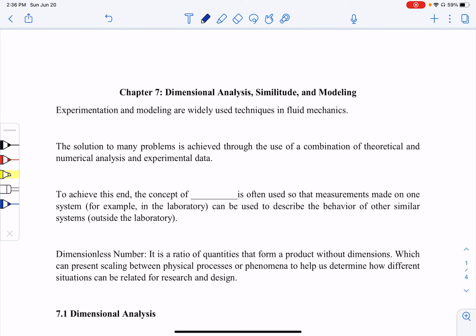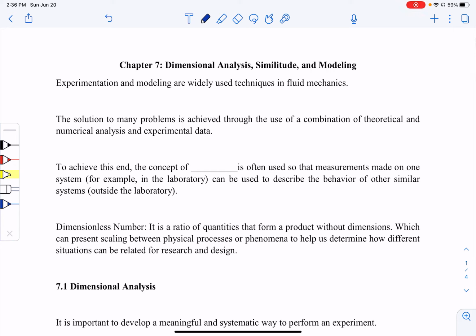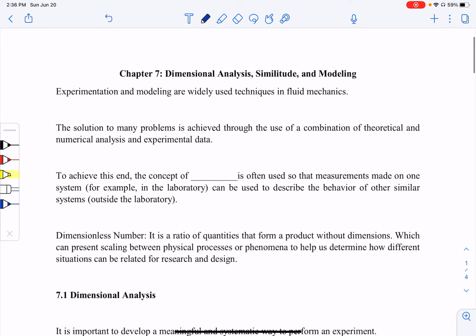Hello, today we are going to talk about dimensional analysis, but first let's see why we need this. Lots of fluid mechanics problems can be solved using the equations and analytical procedures. However, there are lots of fluid mechanics problems that rely on experimentally obtained data for their solution. And so this is why engineers working on fluid mechanics problems should be familiar with the experimental approaches to these